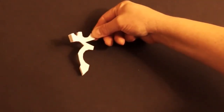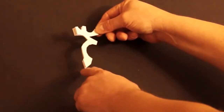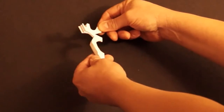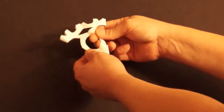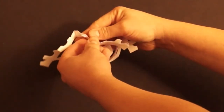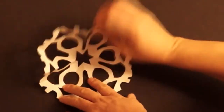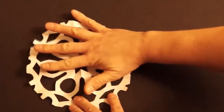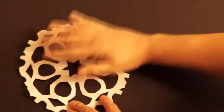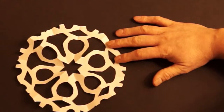Okay, so I've made all the cuts I can at this point. I've cut out of both sides, off the bottom and off the top. And now it's time to unfold it and see what we get. You can hang these up to display them. And if you have enough of them, it'll look like you have a snowstorm. So this is our project for today,